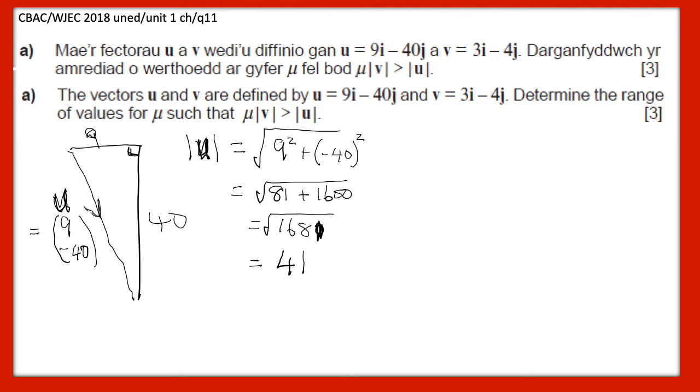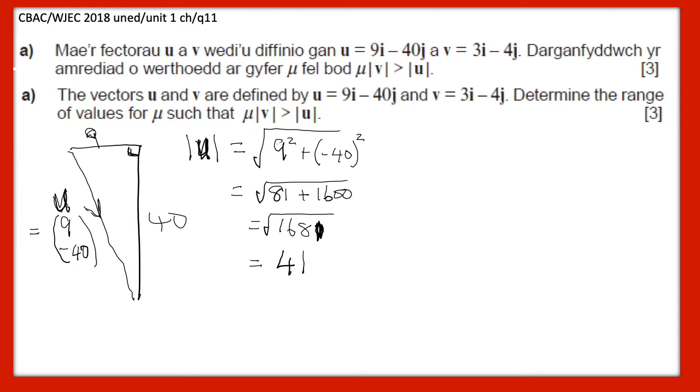Now technically, because it's a square root, we should always have two responses, plus and minus, so this really should be plus or minus 41 units. Now really the 41 units means that if I measure it one way, minus 41 is going back the other way. And it doesn't really make any difference because we're interested in the magnitude, the length of this vector. It's 41 units. So we always consider modulus, length, magnitude, whatever you want to call it, to be a positive element,